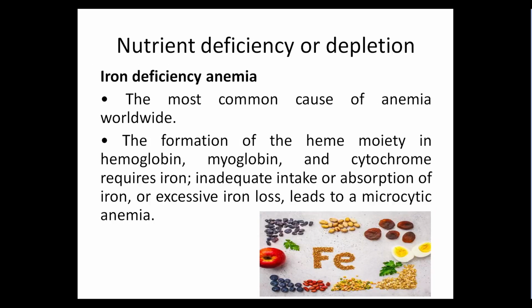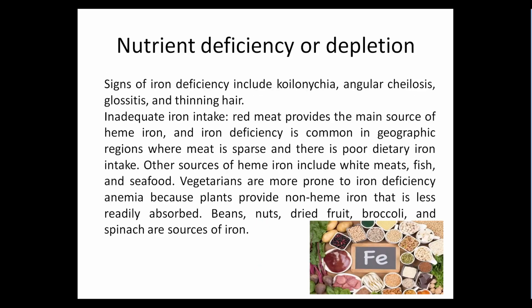Iron deficiency anemia is the most common cause of anemia worldwide. The formation of a heme moiety in hemoglobin, myoglobin, and cytochrome requires iron. Inadequate intake or absorption of iron or excessive iron loss leads to microcytic anemia. Signs of iron deficiency include cheilitis, angular stomatitis, glossitis, and thinning hair. Regarding inadequate iron intake, red meat provides the main source of heme iron, and iron deficiency is